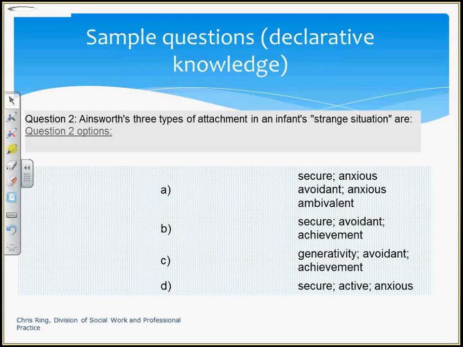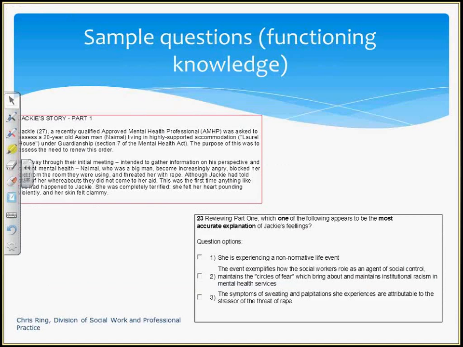So the vast majority of the questions were rather like that. But moving on to functioning knowledge, I developed a rather different approach. What I provided them with, in the same way that Amanda did, was a scenario. The scenario was divided into 3 parts, and this was about a social worker experiencing a traumatic episode in her professional life, and invited the students to apply a particular model of stress that they'd been taught about to